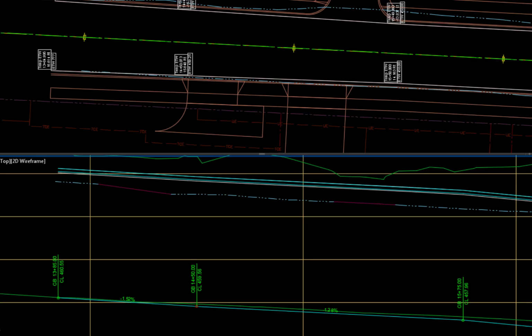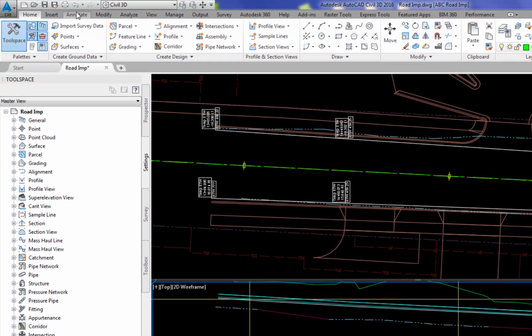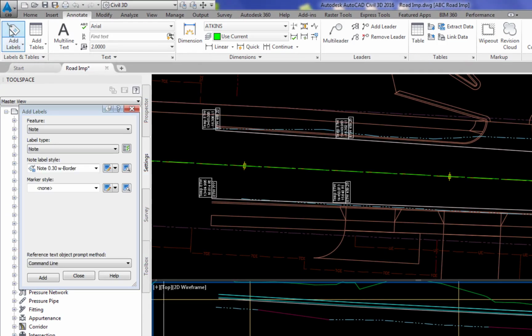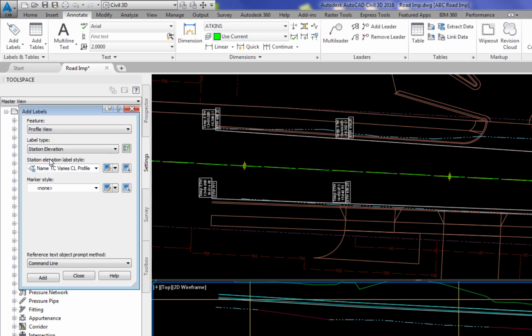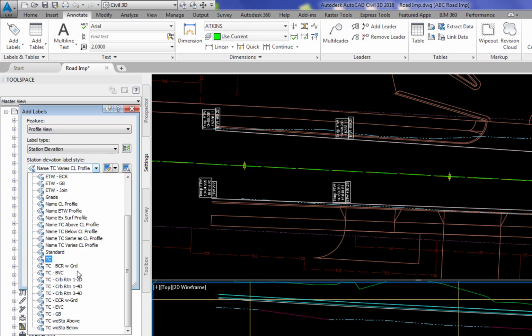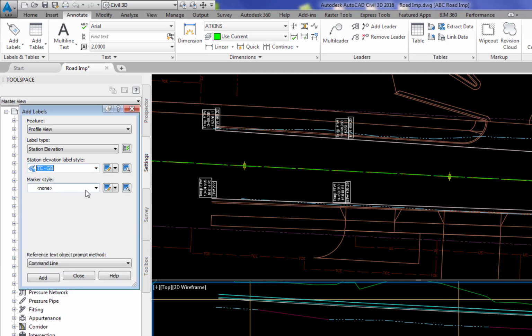Add top of curb grade break labels at locations where the ETW offset from centerline varies from the normal 14 feet. Annotate ribbon. Add labels icon top part. Feature: profile view. Label type: station elevation. Style: TC grade break. Marker style: